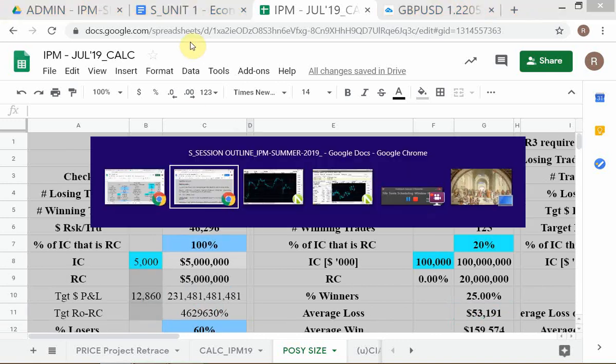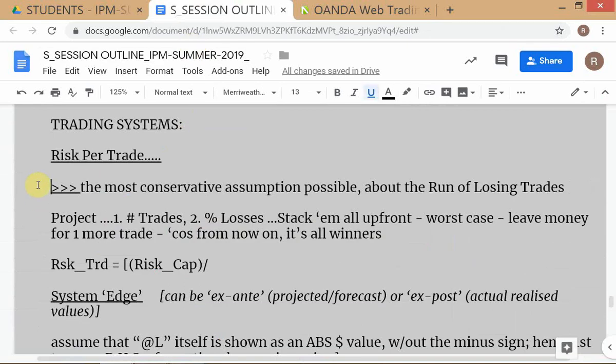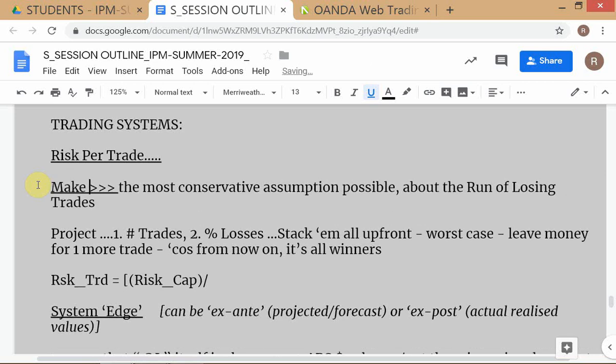Let me just give you the theory first. The way you determine the risk per trade, which is going to come out as a dollar amount, is that basically we want to have this approach. Now there's actually no